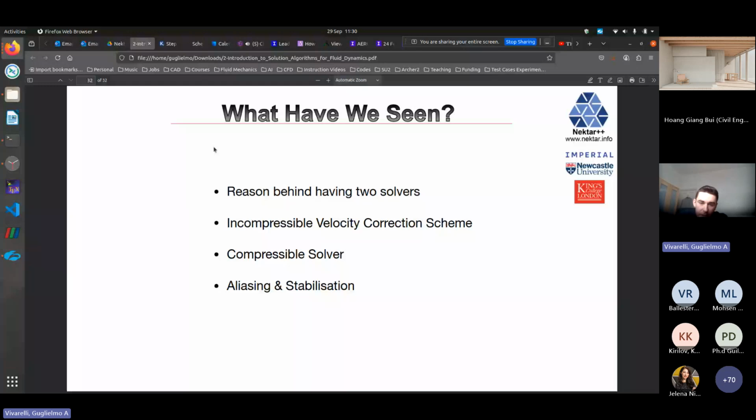Then finally, you move on to the compressible flow solver: discontinuous Galerkin, upwinding, diffusion needing different treatment, the preconditioning, and then aliasing and stabilization. So you've got 3 types of aliasing and then 2 types of stabilization for your incompressible flow solver. So that is it, which I have sort of fulfilled the